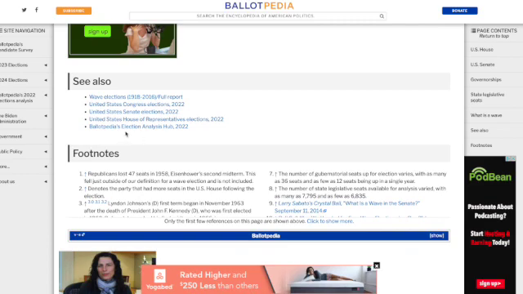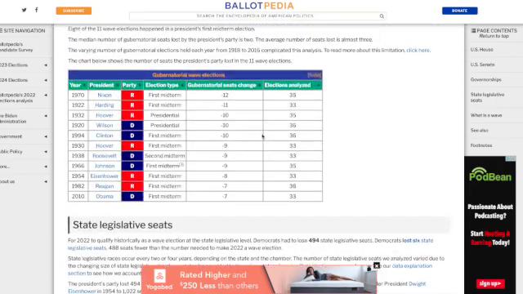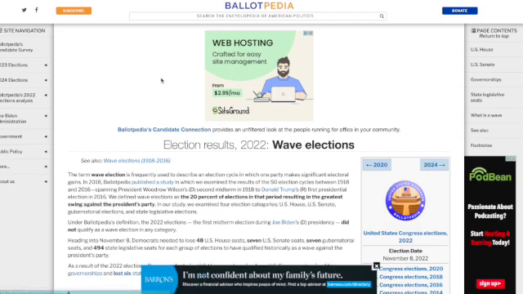They'll also give you links to looking at the full election, going back to what we already looked at, and some of the other parts of the 2022 election. So they really link everything. It's easy to go down a rabbit hole because you can just keep clicking on links to learn more about the different parts of a particular election year.